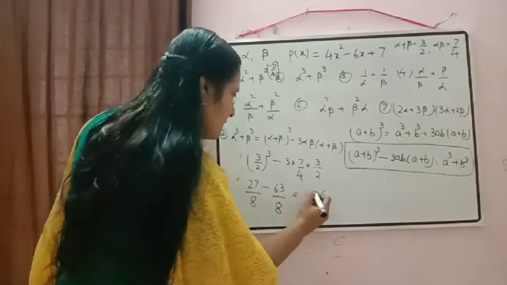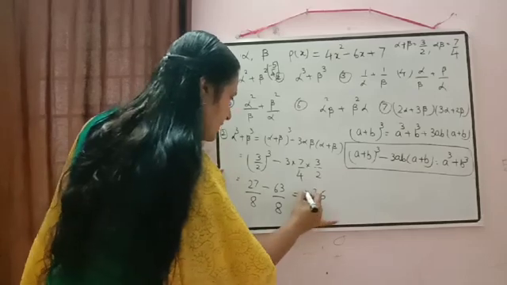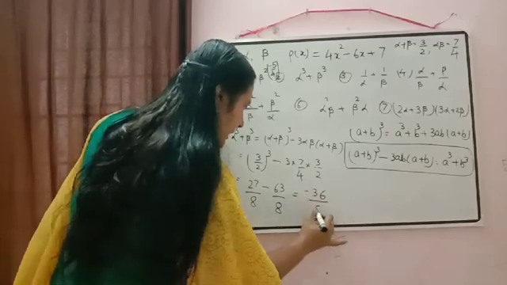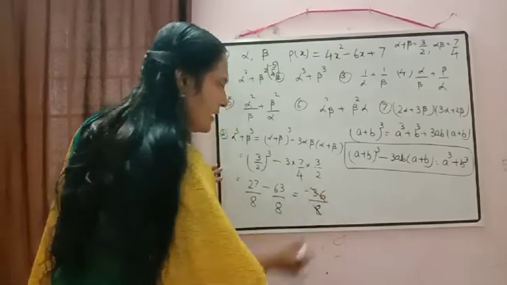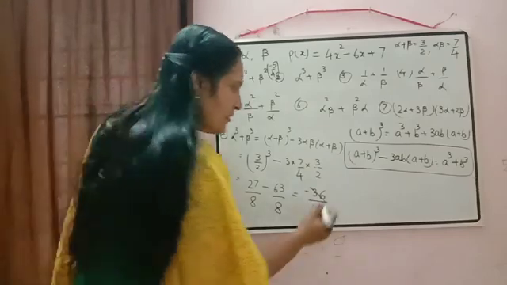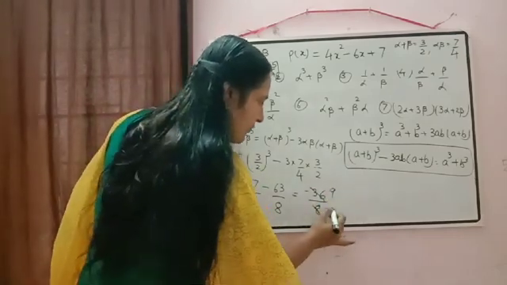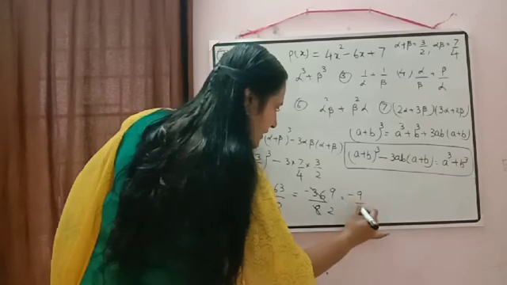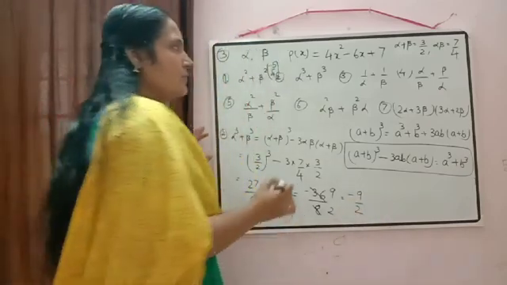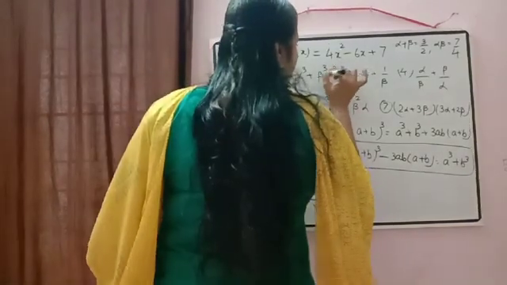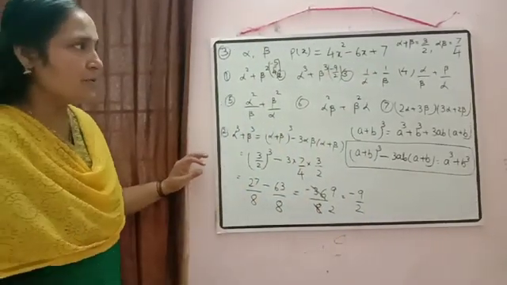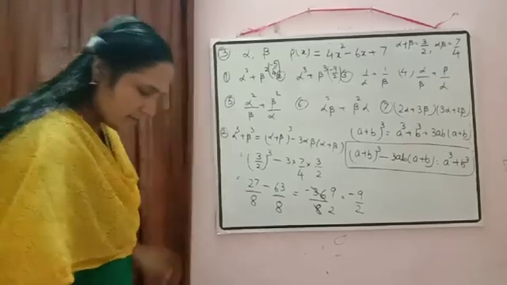5 minus 2 will be equal to 3, and here it will come negative by 8. Now you can cancel the term here, then it will be equal to 4 9s are 36, 4 2s are 8. So we will get here minus 9 by 2. So we got alpha cube plus beta cube is equal to minus 9 by 2. Now next one. Third one is